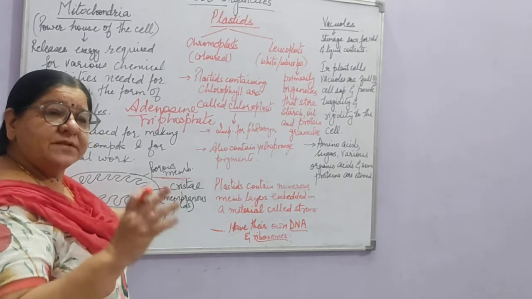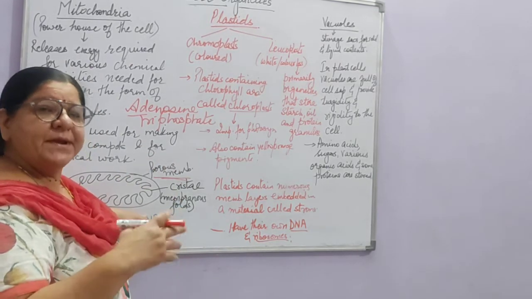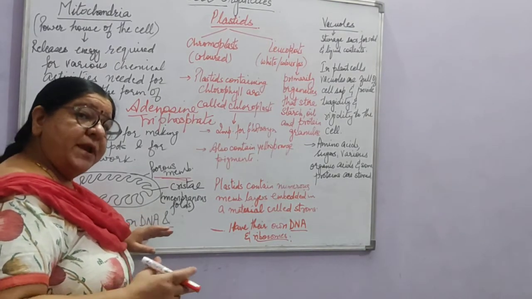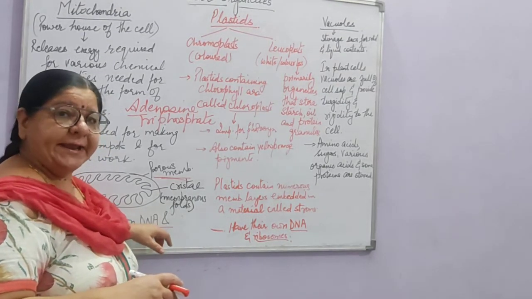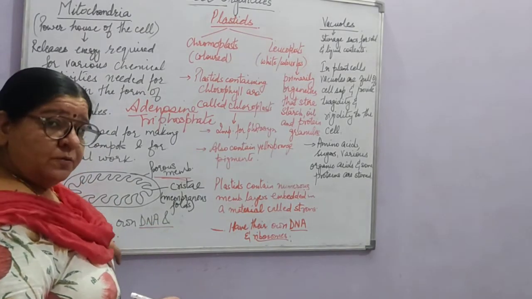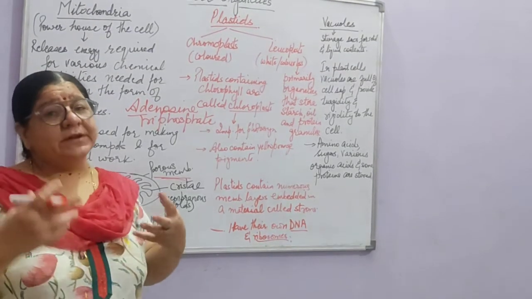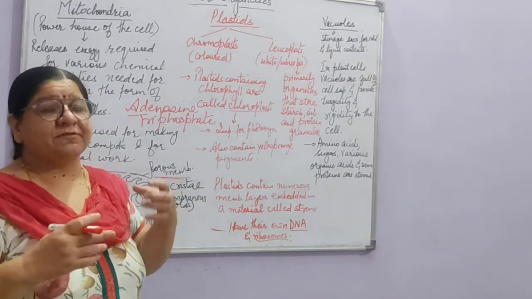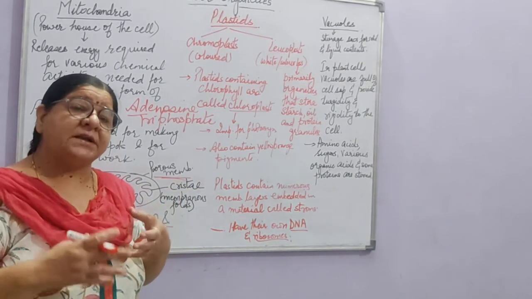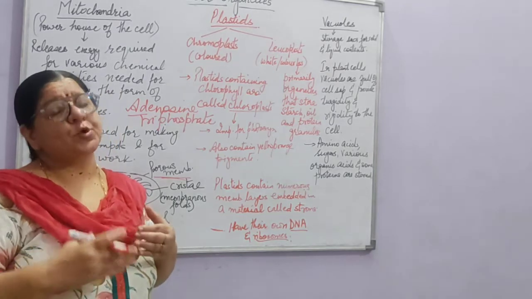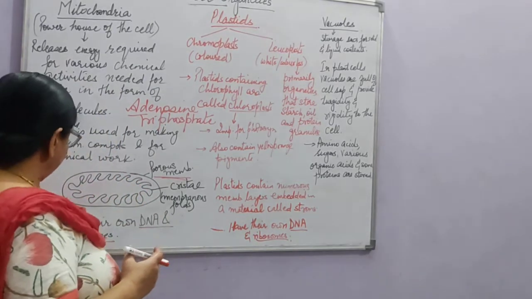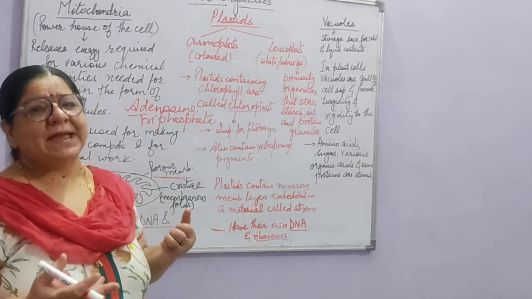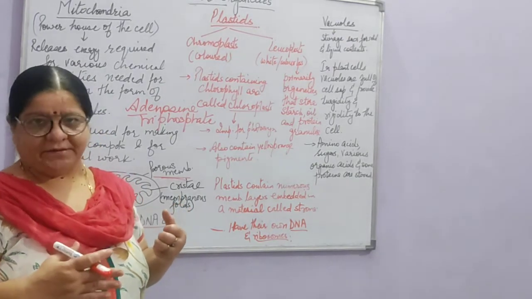I told you that the chromosomes are made up of DNA molecules. So the mitochondria have their own DNA and they have their ribosomes also. And you learned already in the endoplasmic reticulum that ribosomes are the sites of protein synthesis. So the mitochondria, because they have their ribosomes, can also make their own proteins,